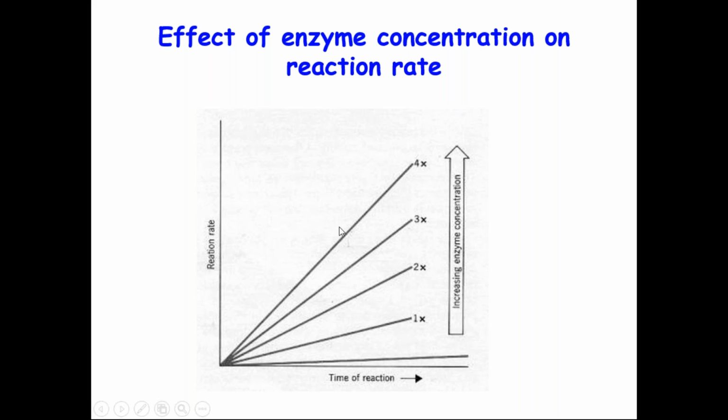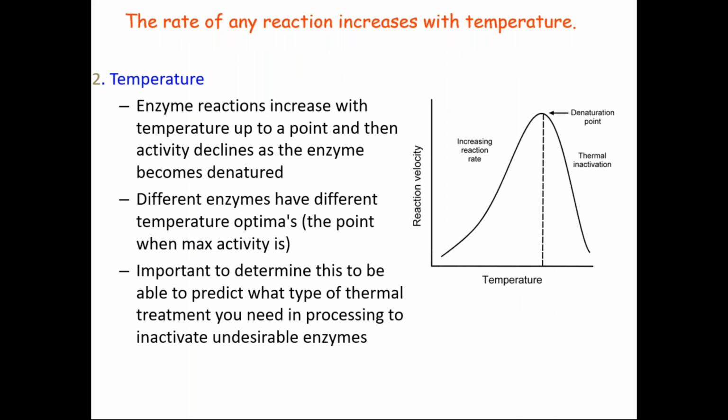If the increase in the velocity is not proportional to the enzyme added, then it indicates that you have an inhibitor in the reaction system. So the effect of enzyme concentration on the reaction rate is used to check for the presence of inhibitors in the preparation. So a parameter on which the enzyme activity depends greatly is the temperature.